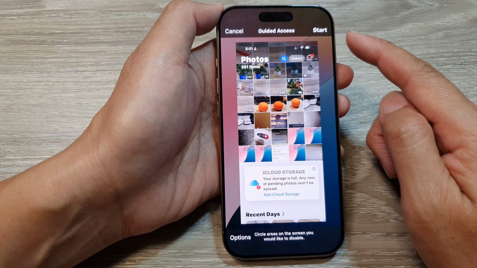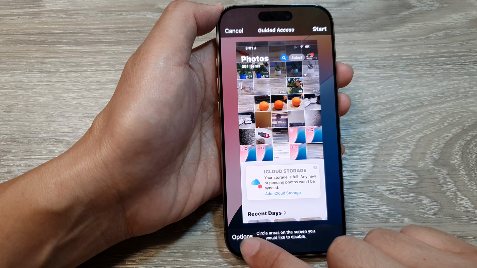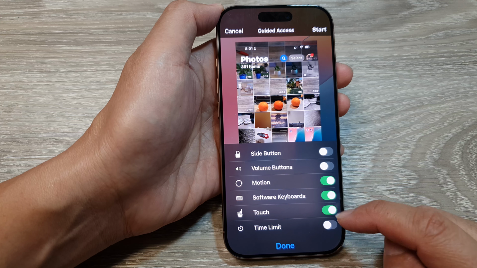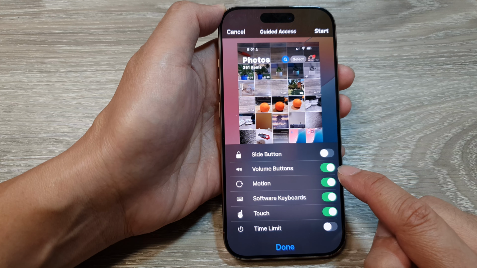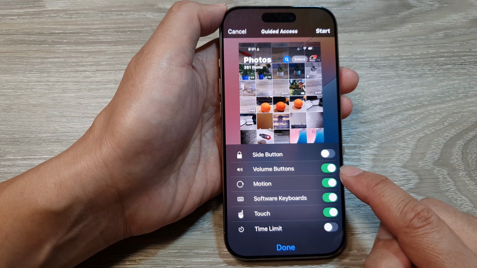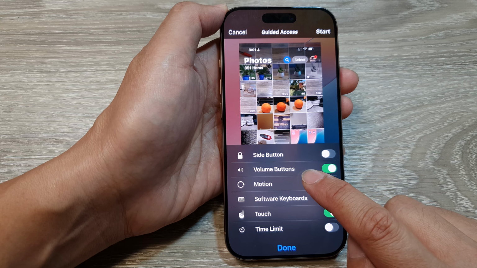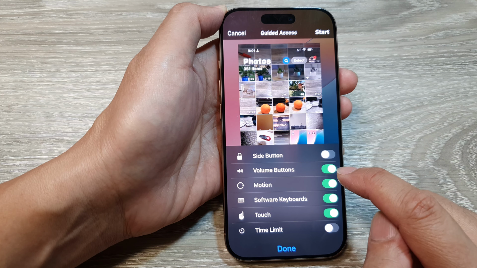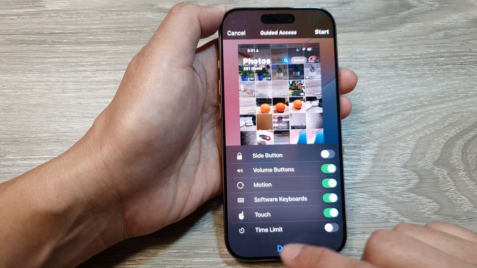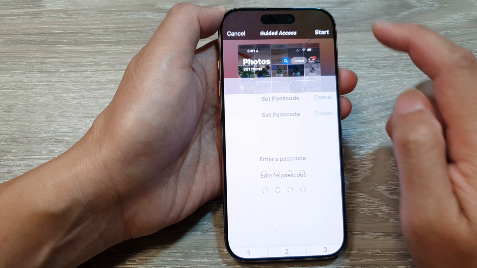And before you start, you have the chance to tap on the options button. From here, you can choose volume buttons. So tap on the volume buttons toggle button if you want to enable or disable the volume buttons during the guided access session. So here, if I switch it on and I tap on done and then tap on start,